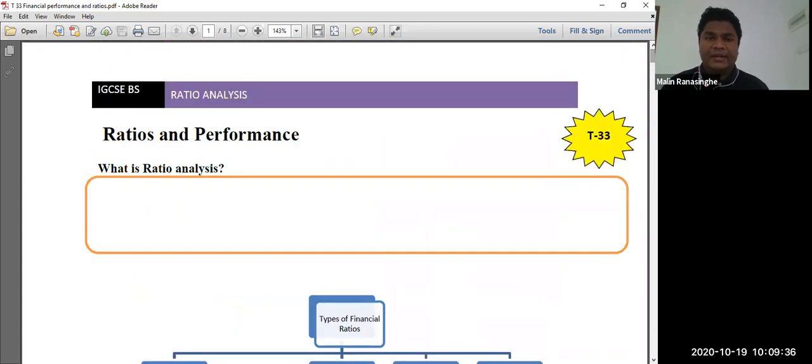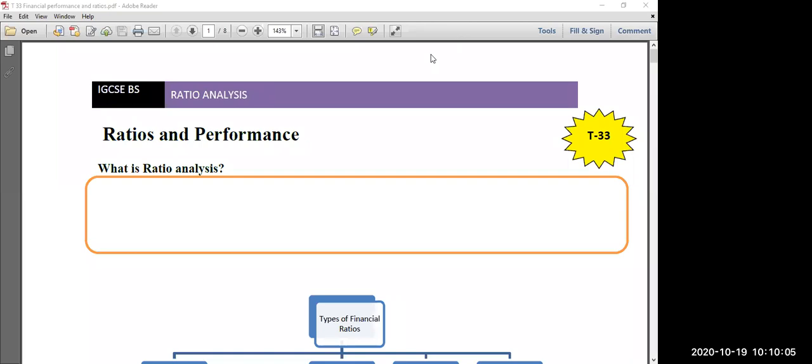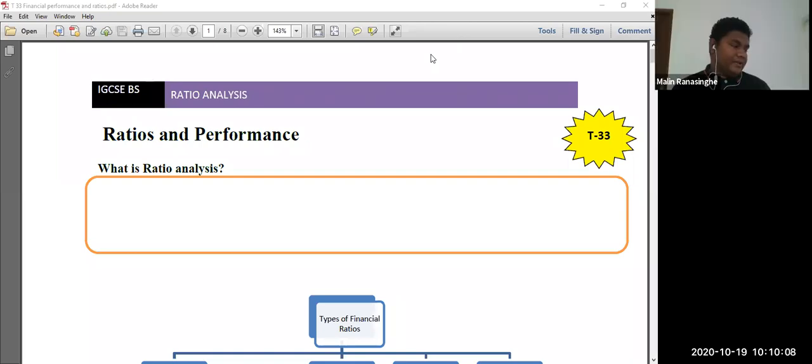That's right. Okay, to start the lesson, let's write the definition of ratio analysis. You can write down: ratio analysis is a mathematical approach to investigating accounts by comparing two related figures. Can you repeat, please? Yeah, I repeat again. It's a mathematical approach to investigating accounts. So write down here.